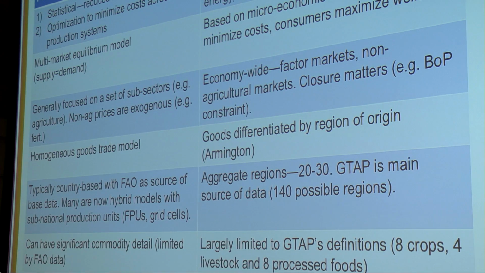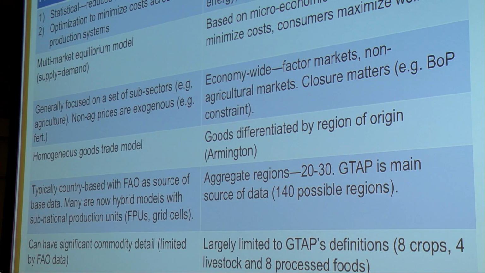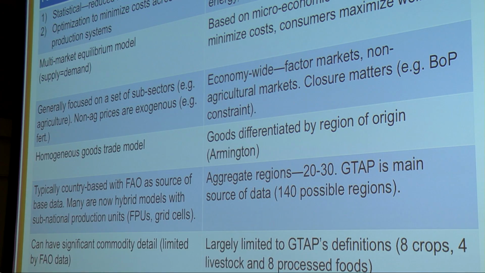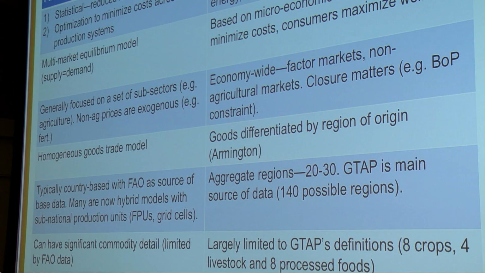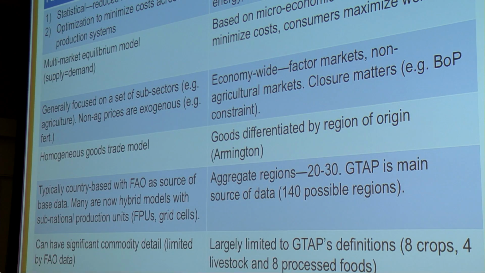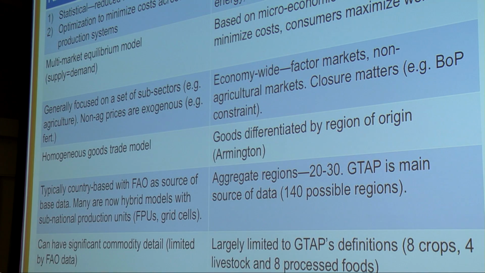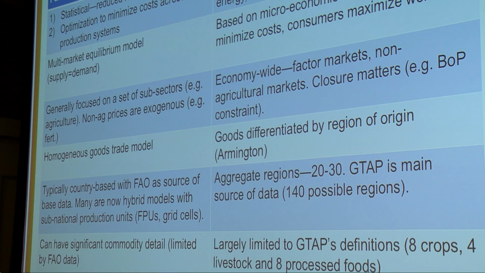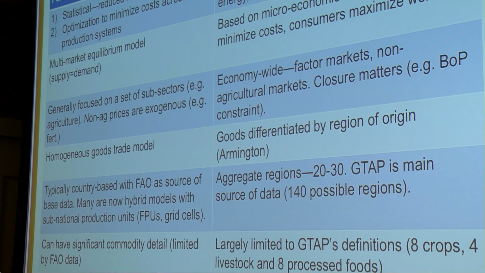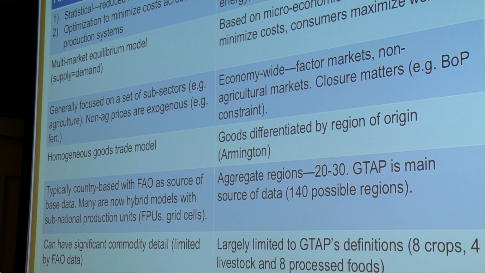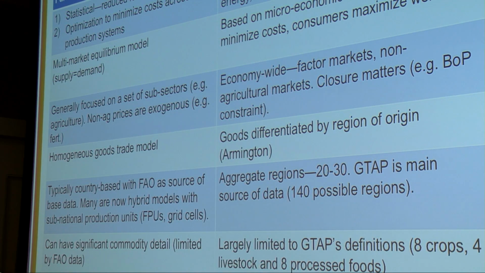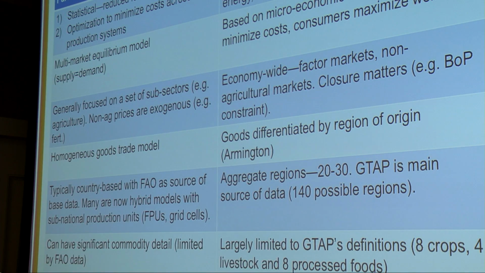The way trade is handled is also quite different. Most of the PE models have what's called the homogeneous goods trade model. So all goods, wheat that's produced by the United States is the exact same as wheat produced in Africa, and the markets then clear on a global scale. So it has implications for how prices are transmitted globally. In the GE model, normally we have goods differentiated by origin. So a 10% rise, for example, in the world price doesn't necessarily have a 10% price impact at the domestic level. All right, and those are important things.